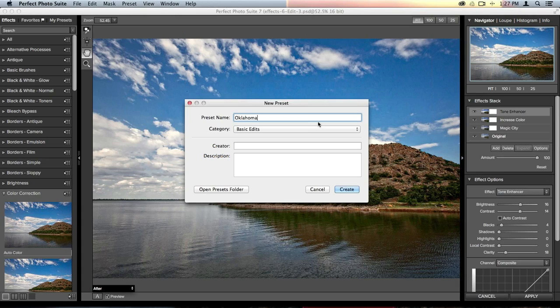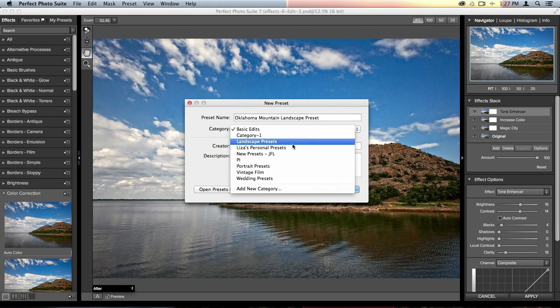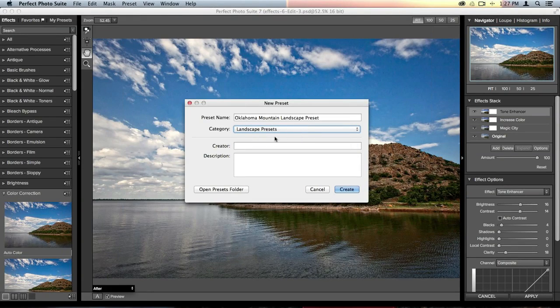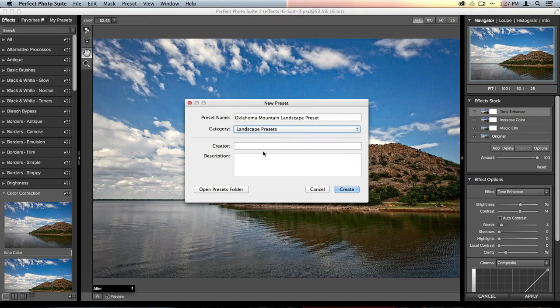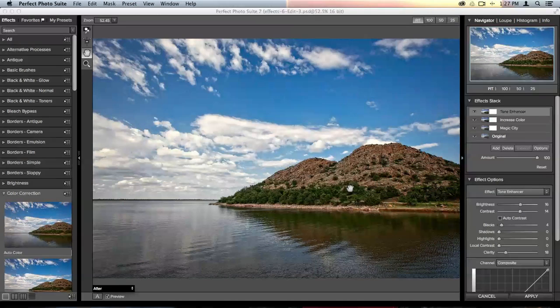So I want to write in that it's an Oklahoma mountain landscape preset. I can place it in my landscape presets category, which I have separated from all my other categories. You'll see I have a ton of categories here because I love presets. I can type in a creator, Liz, and a description just in case I want to remember what this preset is. Once I click on create,